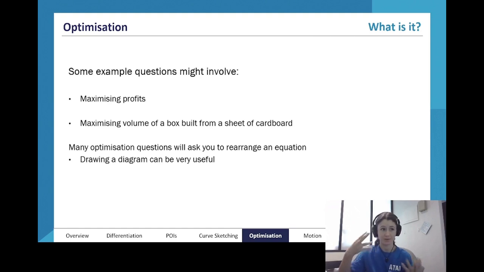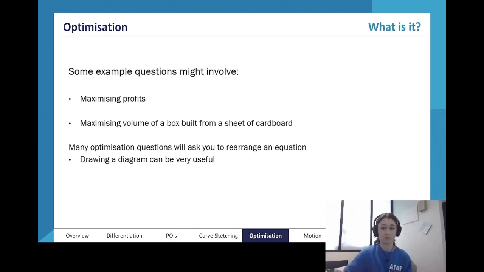Otherwise, it's way trickier. The other thing I'd recommend you take away is that you really need to practice. Like you really, really need to practice, because they often will give you really difficult optimization questions. Optimization is one of those areas where it's really easy to create difficult questions just out of